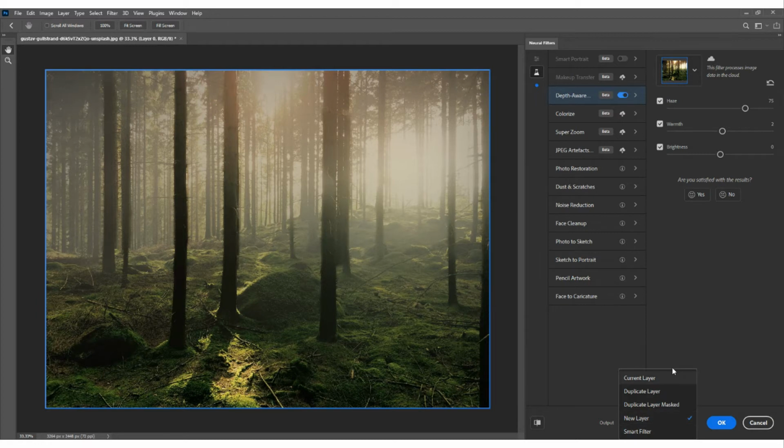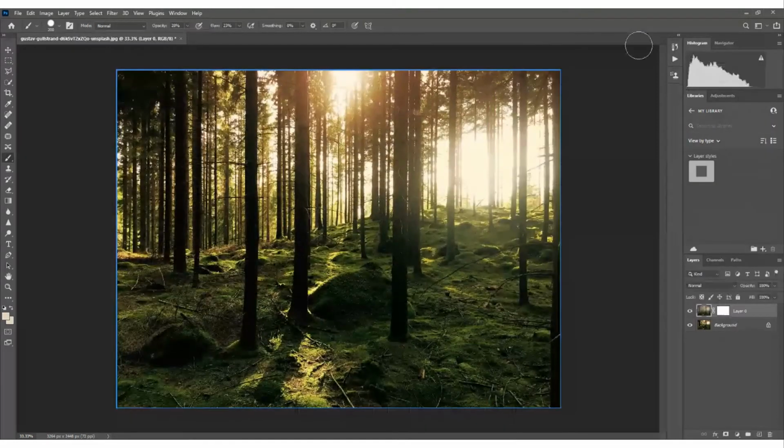Now what's really interesting, if you use it as a smart filter, what that means is that you can come back to this and change it. So if you press OK and then you do some more messing around and you think actually it's too much, you can just come back here and change it. What I'm going to do is duplicate layer mask. I'm going to select that and I'll show you why. So I'm just going to press OK, and then Adobe's going to do all of that in the cloud, and